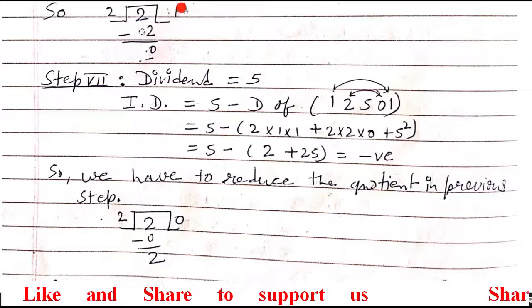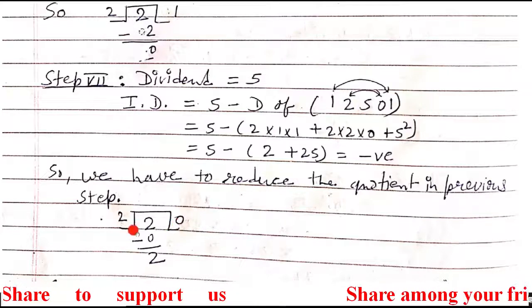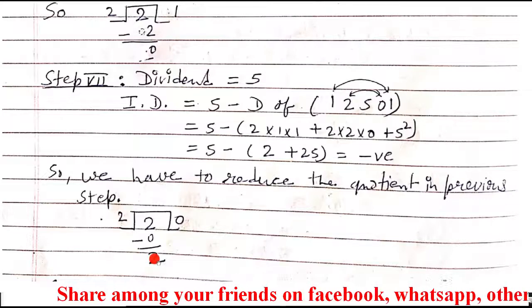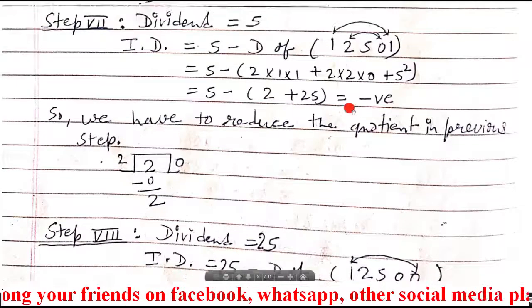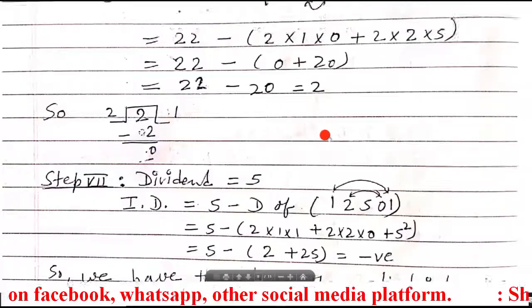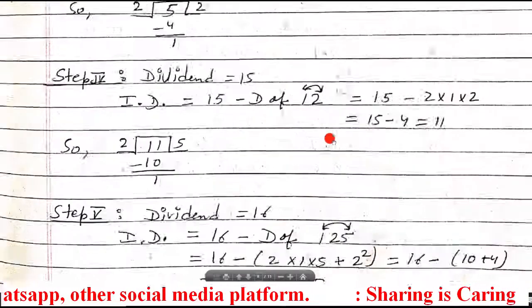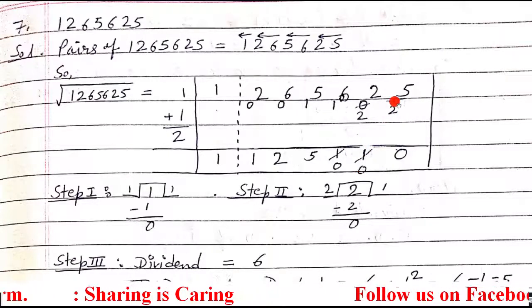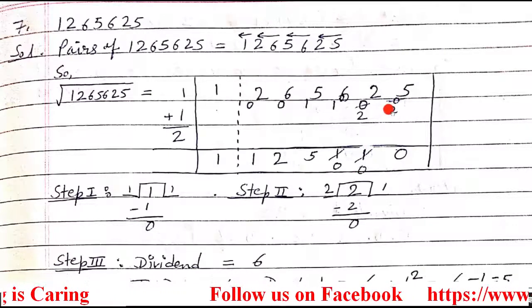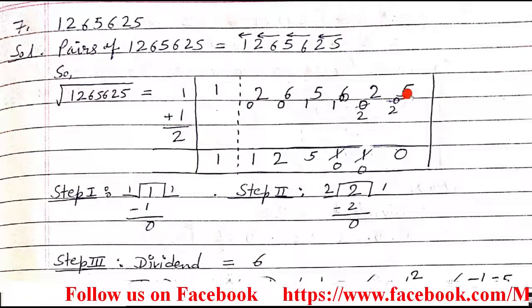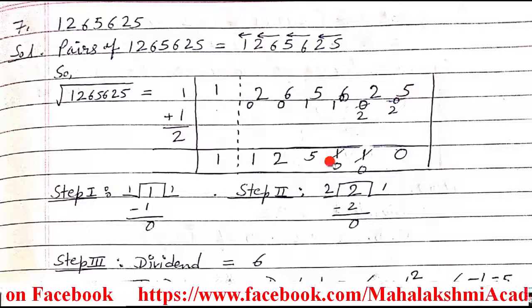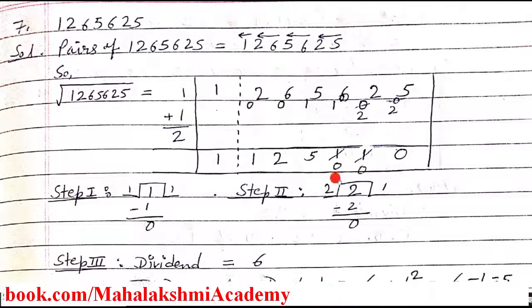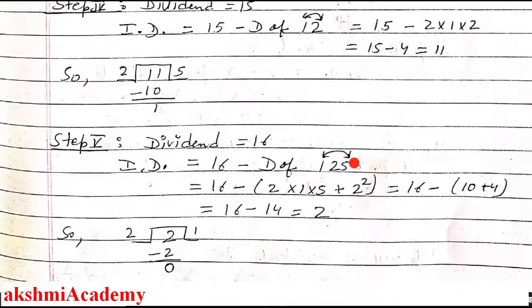So here you took 1, so instead of it you have to take 0. So 2 zeros are 0 and 0, and the remaining quotient is 2. So now the dividend is here. Just see the table first. It means 1 we reduced to 0, and in this the remainder 0 we now got remainder 2. So it's 25. So 25, now the new dividend is 25. Then you have to do D of 1, 2, 5, 0, 0. So 25 minus D of this.